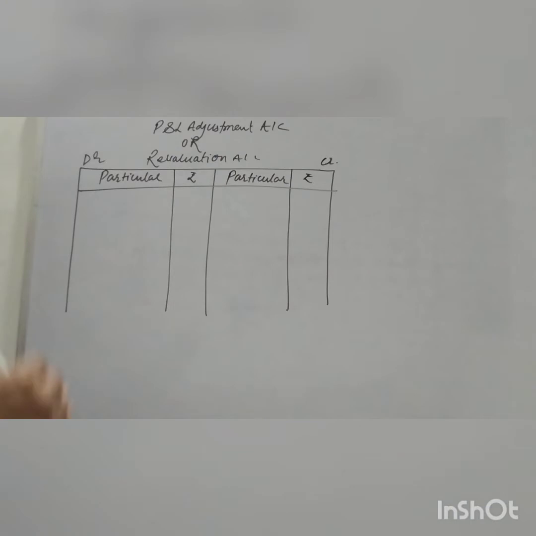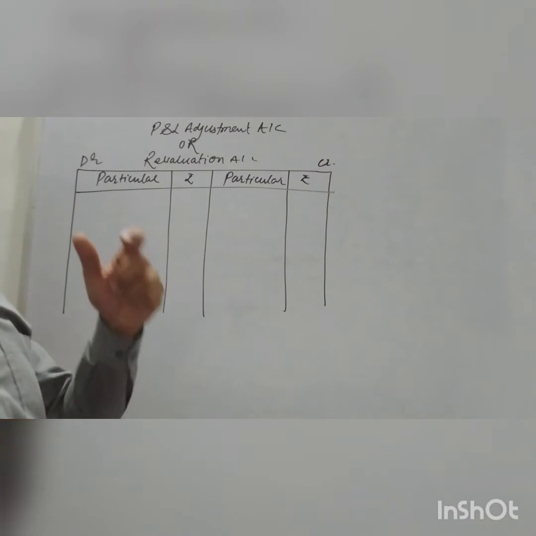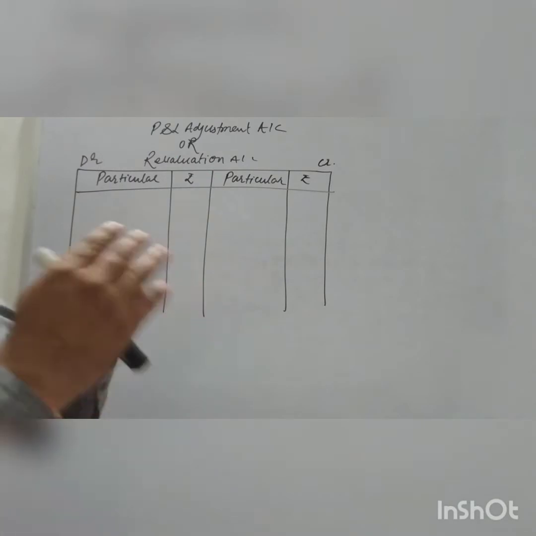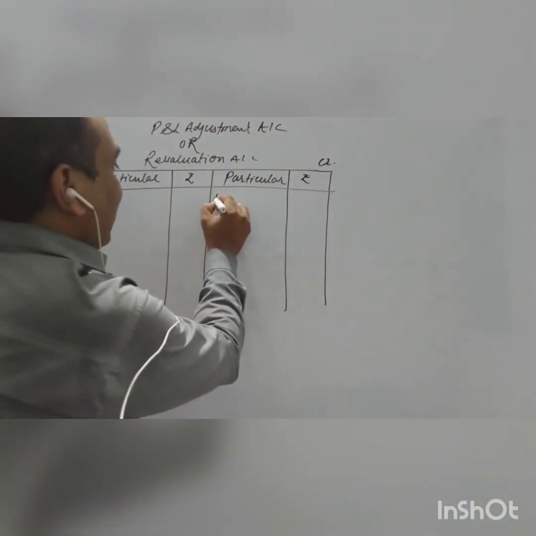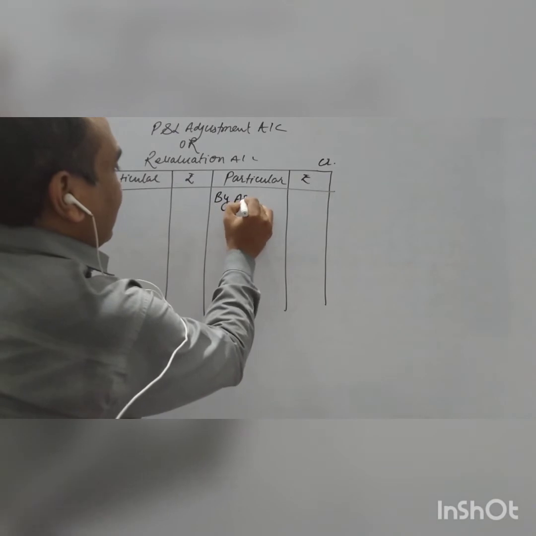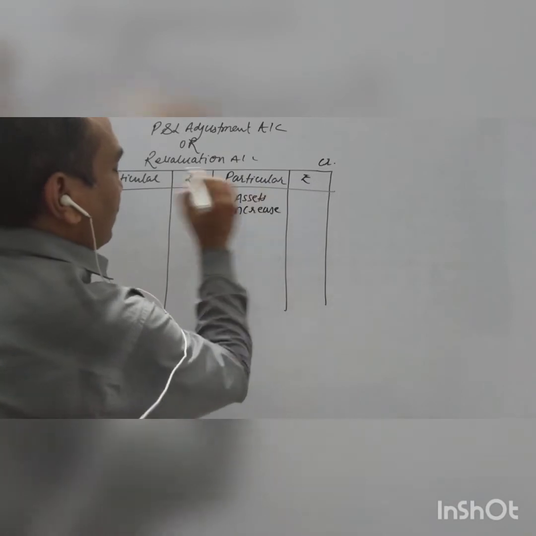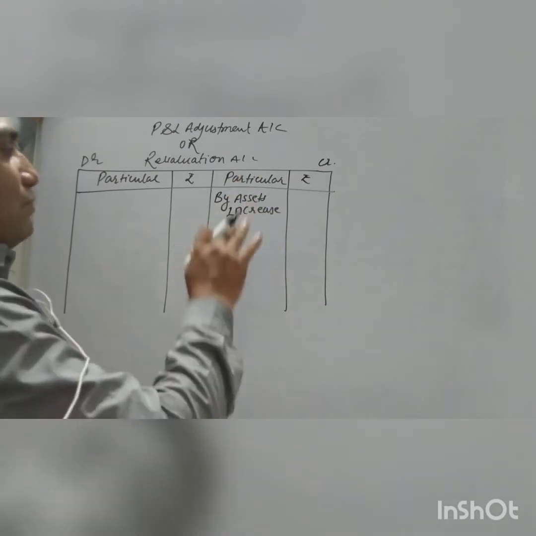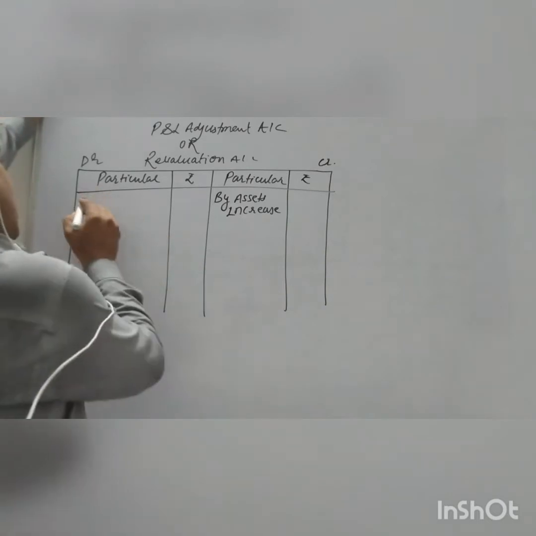Sometimes what happens, when any partner comes into the business, we compare our book value of assets to the market value. Sometimes the market value is more than the book value, then we get a profit. So we post the entry on the credit side by asset account if any asset is increasing. Same, vice versa: if any asset decreases, then we get a loss.